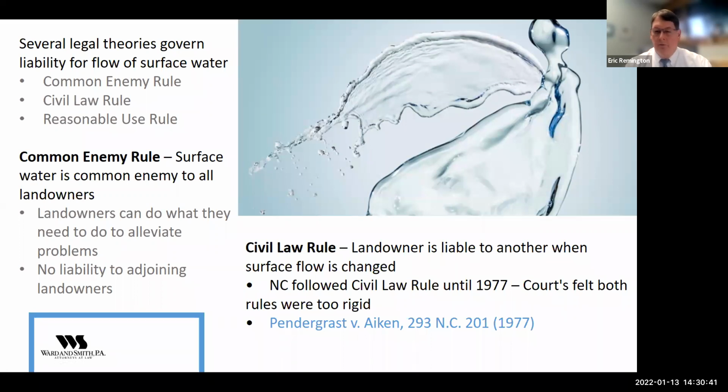You can do what they call repulsion of the water, or you can alter the transmission routes of the surface water. So those are all things that landowners in a common enemy rule state are allowed to do to basically control surface water. And the result of that is that the courts find that there's really no liability to adjoining landowners when people make these changes.